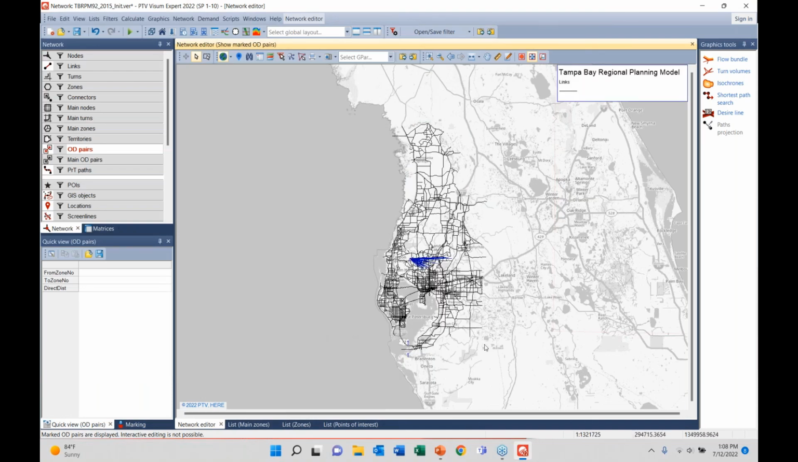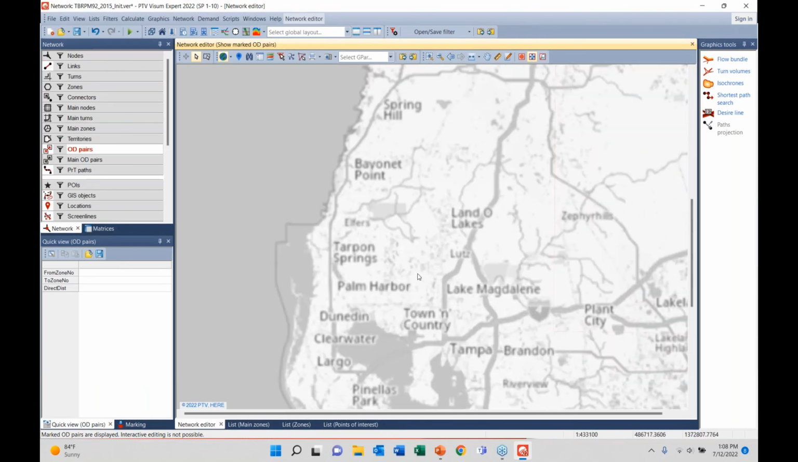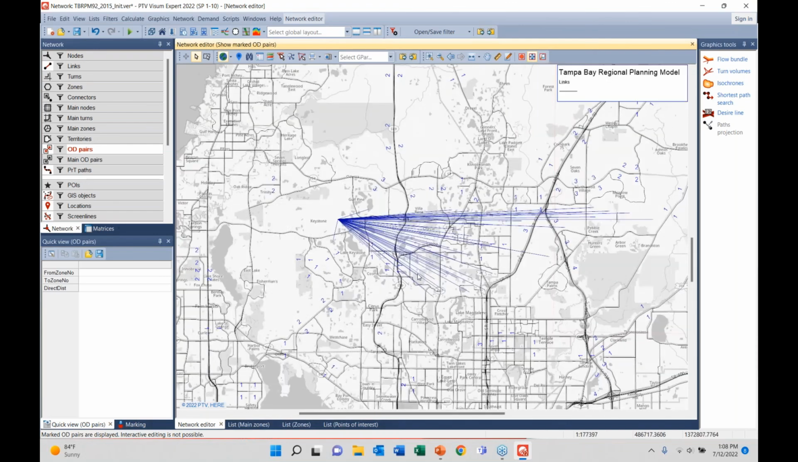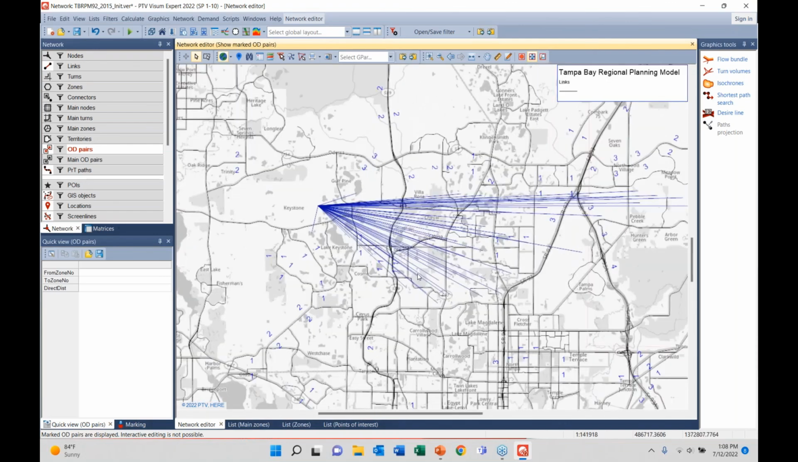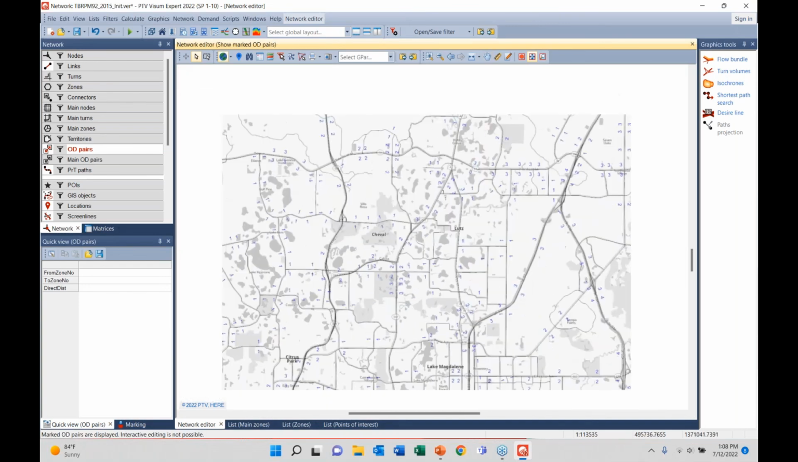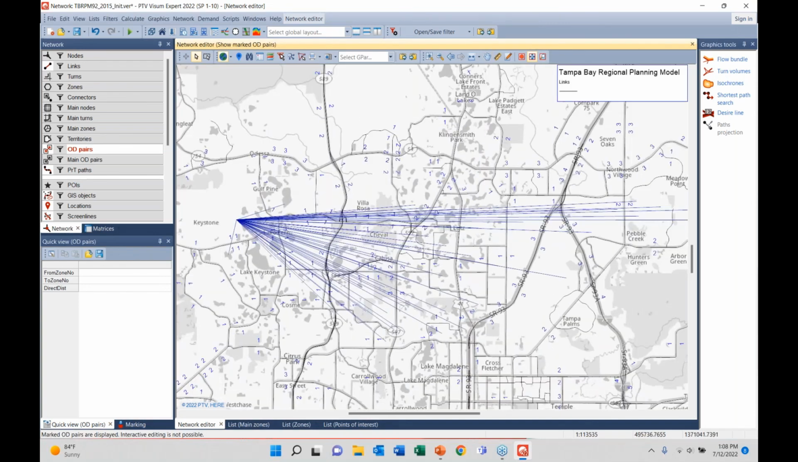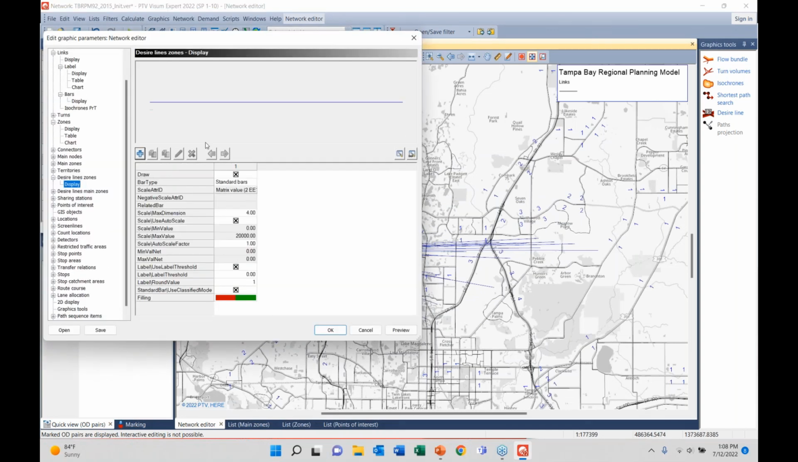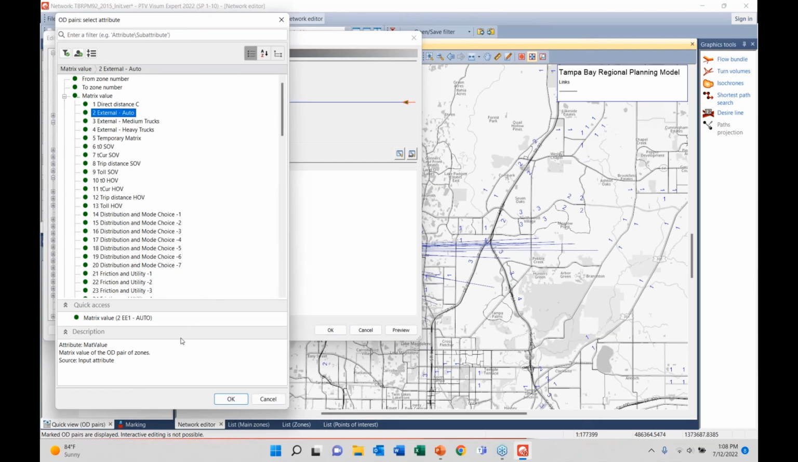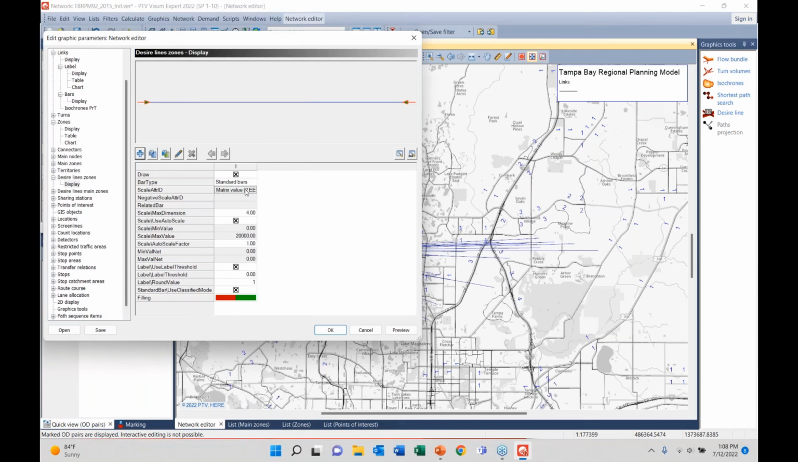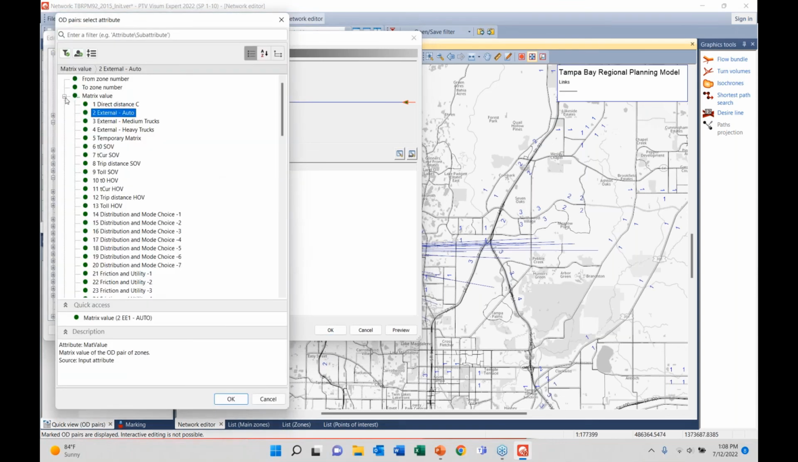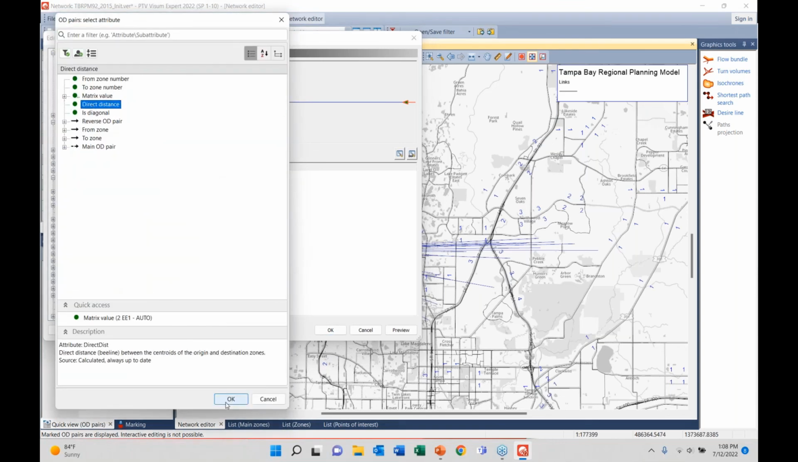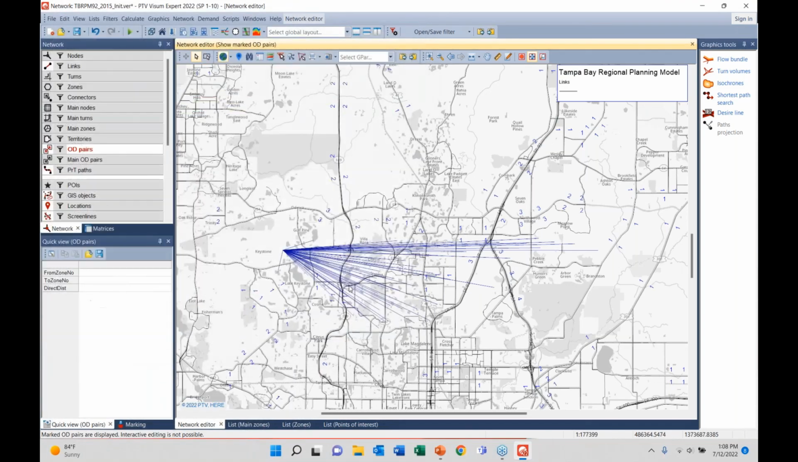Yeah, so here's how you would, we can see some of them here. The problem is we don't have too many model runs in this one because it's been emptied out. But here are the desire lines. But you can edit the graphic parameters of them, just like with the link bar. You'd pick which attribute you want the desire line to be scaled on, and then you could go from there. So, for example, if we did direct distance, we'd be able to see what they look like with some weight